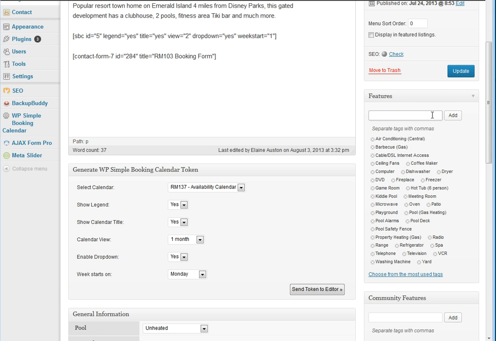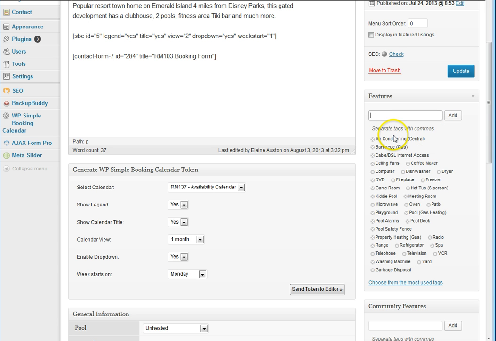For instance, you could put in, let's say, garbage disposal, and click add. Now, in here somewhere, you've got garbage disposal. Okay, so anything that you delete accidentally, you could put back in manually. Now, why I don't recommend that is because if you make a mistake, a spelling error, for example,